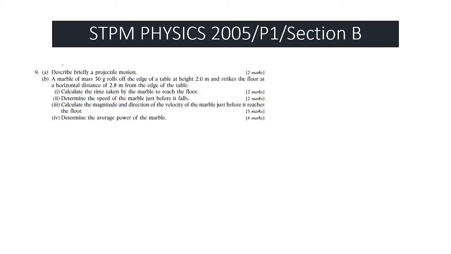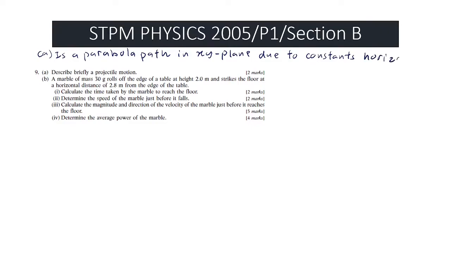A. Describe briefly a projectile motion. So projectile motion is a parabola path in the xy plane due to constant horizontal speed of an object under influence of